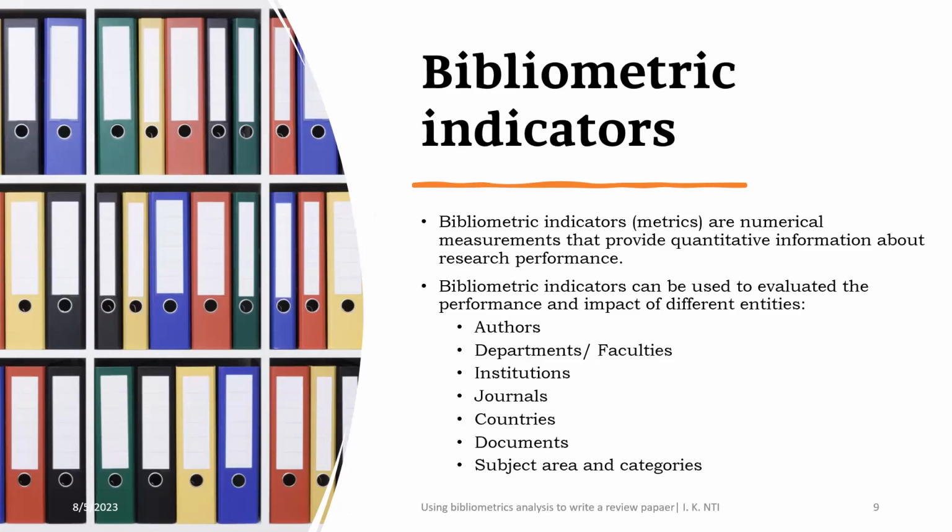So what are the data points in a paper that we are interested in for our bibliometric analysis? Bibliometric indicators are numerical measurements that provide quantitative information about research performance. Bibliometric indicators can be used to evaluate the performance and impact of different entities like authors, departments, institutions, journals, countries,